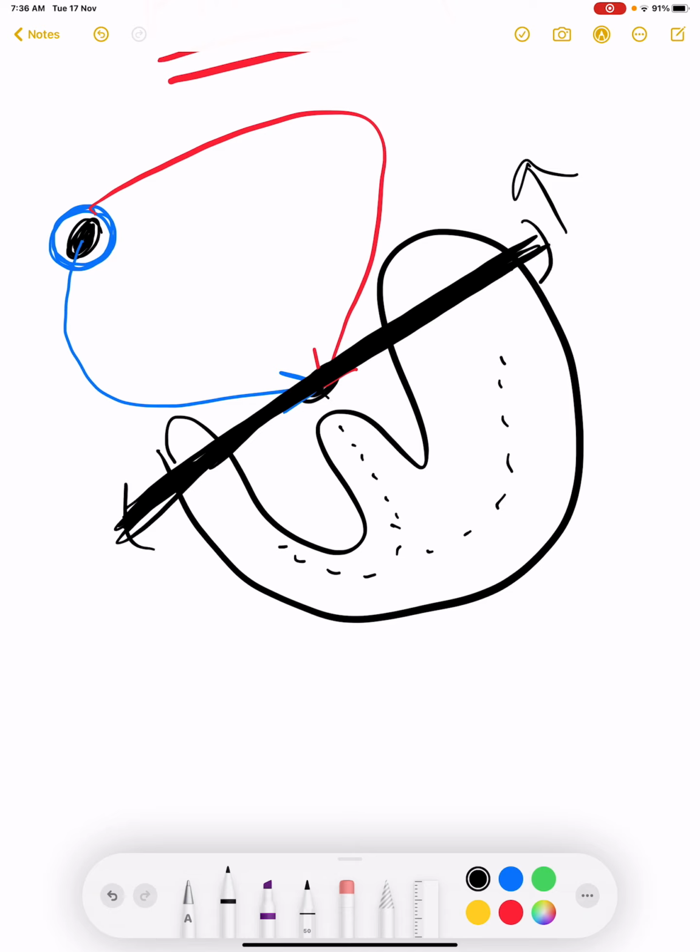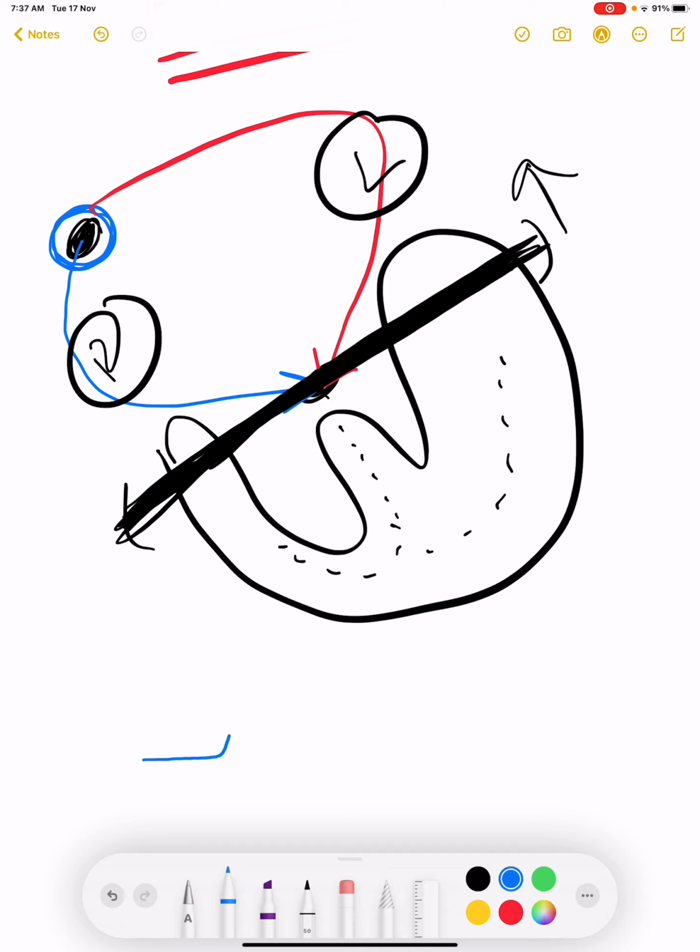So we established that the P wave is generated by atrial depolarization, and we have two atria. We have right and left atria. This is right and this is left atrium. So it means that actually there are two P waves. One P wave represents the depolarization of the right atrium and the other P wave represents the depolarization of the left atrium. And because both atria are depolarized at the same time, these waves are superimposed on each other and we see only one P wave.